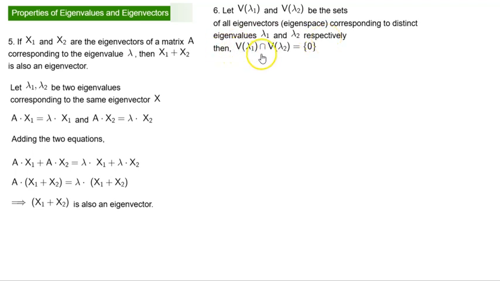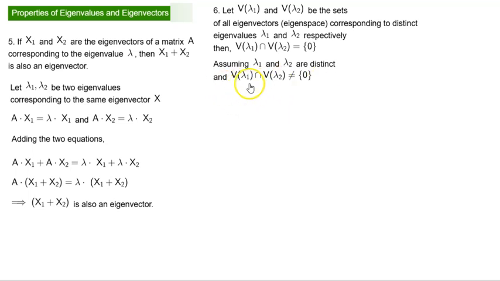Then the intersection of V of lambda 1 and V of lambda 2 is the empty set. That means there is no commonality. Remember, V of lambda 1 is the set of all eigenvectors corresponding to lambda 1. Similarly for V of lambda 2. Assuming lambda 1 and lambda 2 are distinct